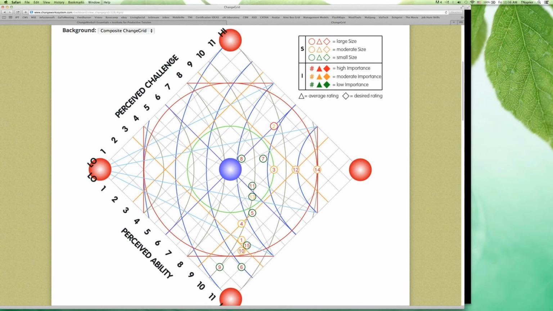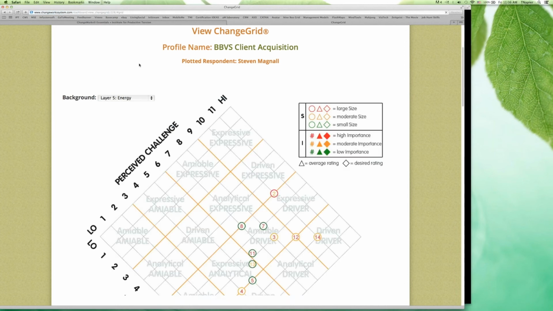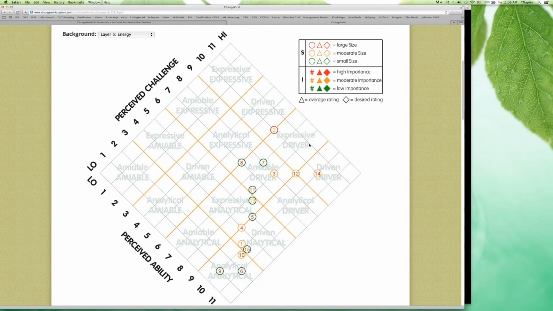Now, last time we were looking at Stephen's change grid, and we'd already looked at the different levels of tension. We'd looked at the different energies. Let me swap out the background. You can see this. So we talked in some detail about these 16 different energies. And then I said that today we would move on to the engagement. And so let's just rewind ever so slightly so I can make sure everyone's up to speed on these energies.